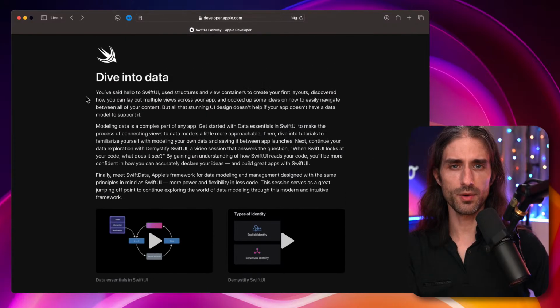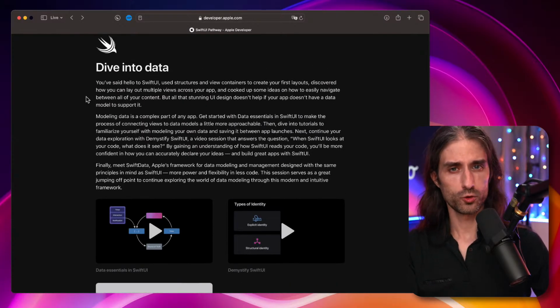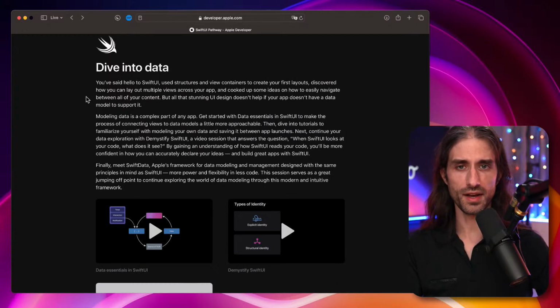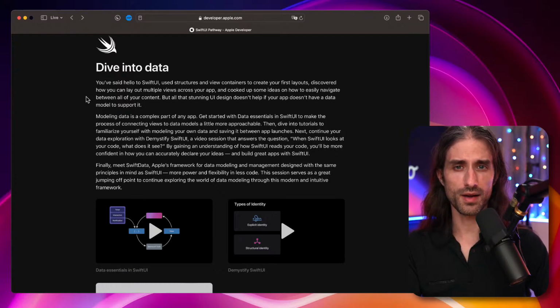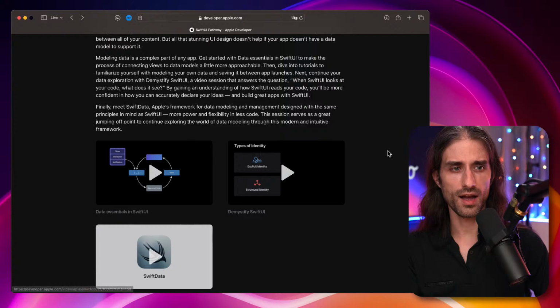So here it's about using SwiftData. To be fair, you don't need to use SwiftData to implement an app. You can implement an app, for instance, that stores data in the cloud using Firebase or Supabase or one of these popular app building services. But if you want to store data locally, you can use SwiftData, and you have some tutorials about it.